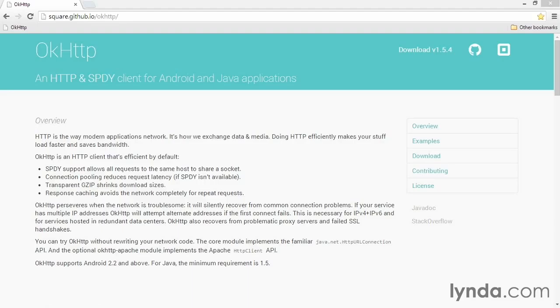This library mimics the API of HTTP URL connection and has an additional module that implements the Apache HTTP client API, so that you can easily plug in this library and not change too much of your existing code. When you use okhttp, you won't see any change in the functionality of your application, but the app will automatically become more robust, because this library has the ability to recover from failures, a critical capability when you're working with the internet. You can download the library at this webpage,